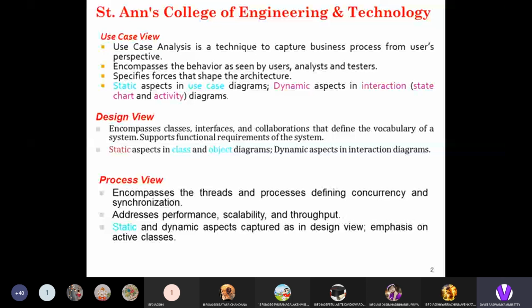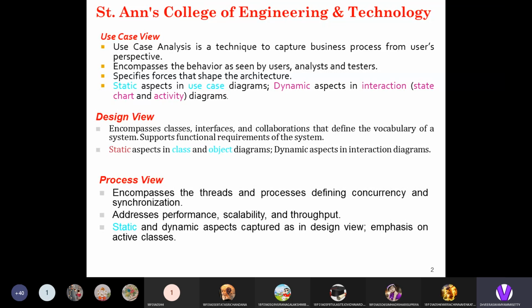Use case analysis is a technique that can capture the business process from the user perspective. It encompasses the behavior of the set of users and actors involved in the application. Those can be analyzed by analysts and testers.